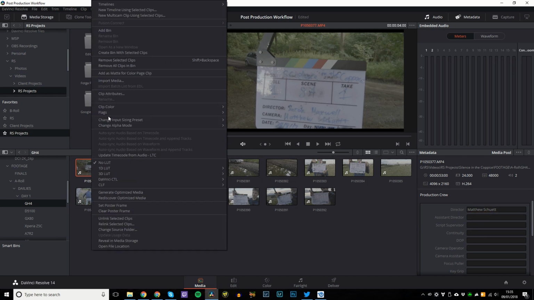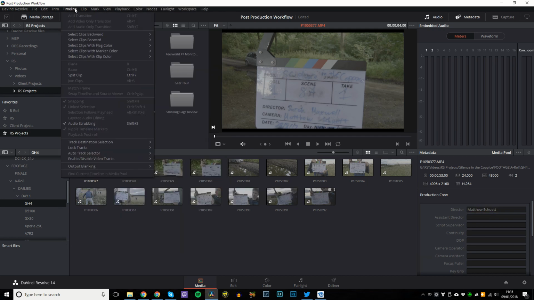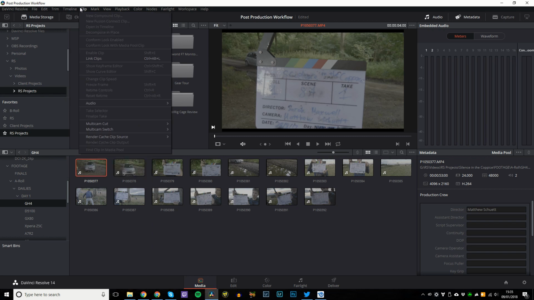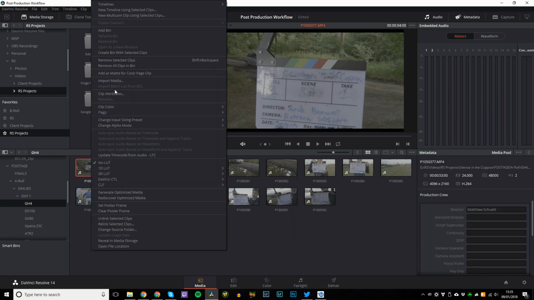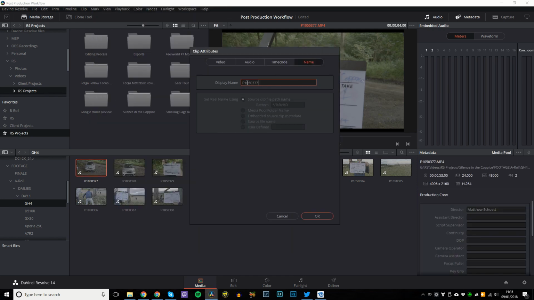And you can also, if you go into timeline, or is it, no, it's view, sorry, view, and make sure show display names is selected, and then go clip attributes, name, display name,